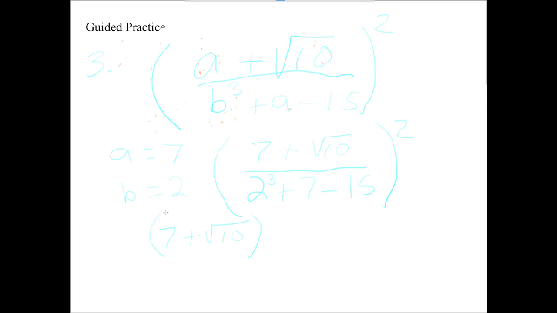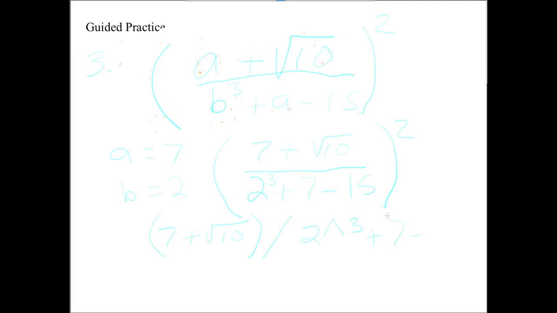So you hit a parentheses button, 7 plus square root of 10, close parentheses. Then you hit your division symbol and you get a fraction bar. And you put in 2, and depending on your calculator, you might hit a cubed button, or you might hit what we call a caret symbol, meaning raised to the third power, plus 7